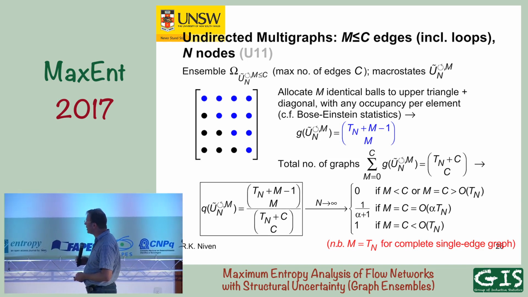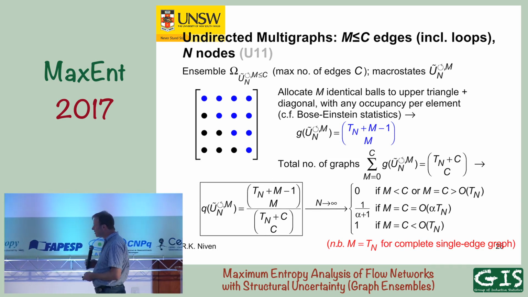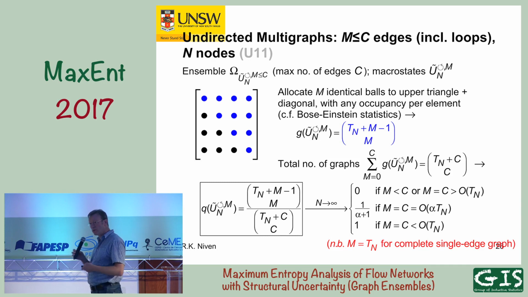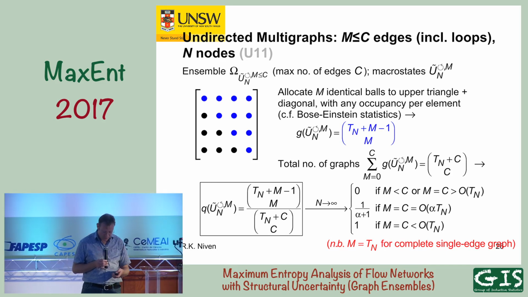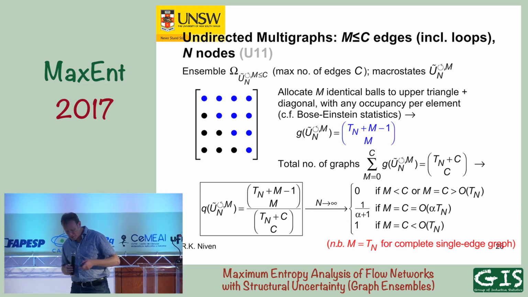On the other hand, if it's equal to C and C is some small number, then that comes to dominate the ensemble. So in other words, it's dominated by graphs with the maximum number of edges. On the other hand, there's this strange limit here: if this capital C is of the order of your triangle number with some alpha, and you're considering macrostates with that capital C numbers of edges, then you can develop some fractional limits, which is very interesting. There's some sort of peak in the distribution here,